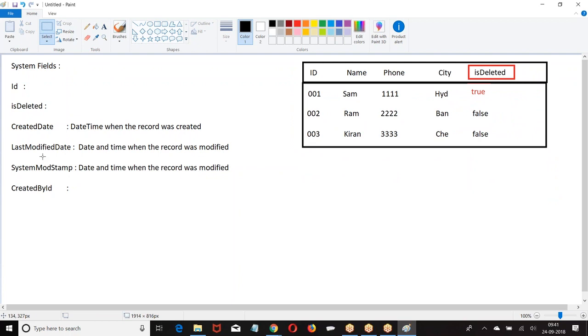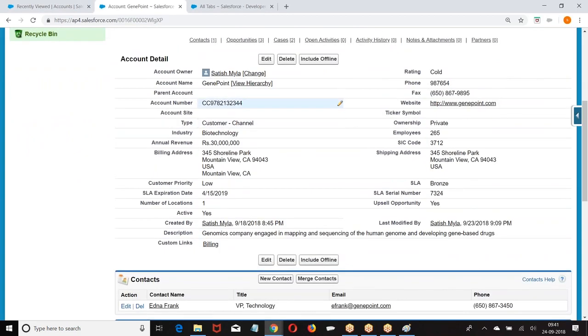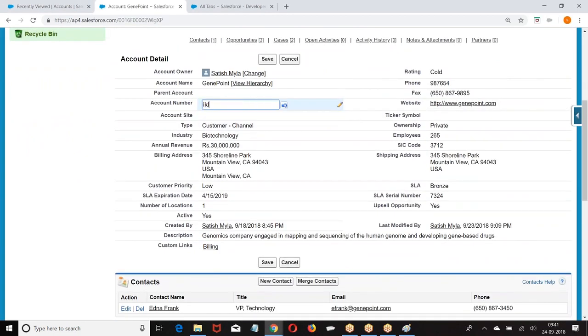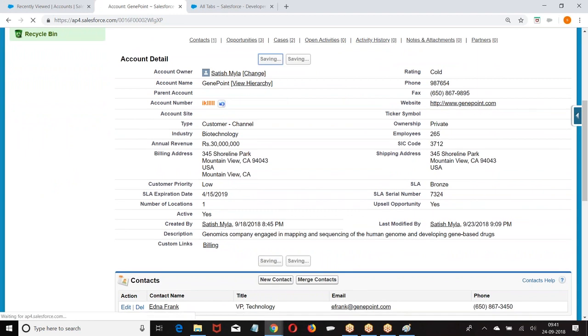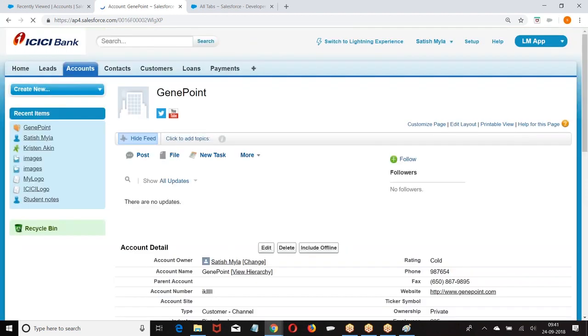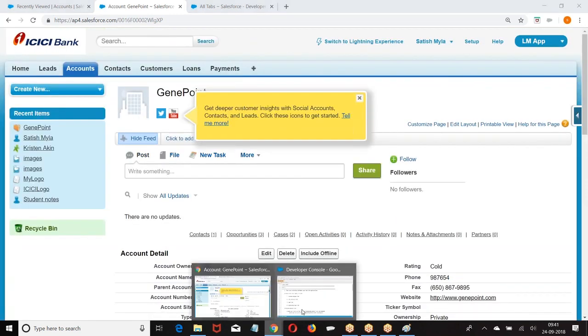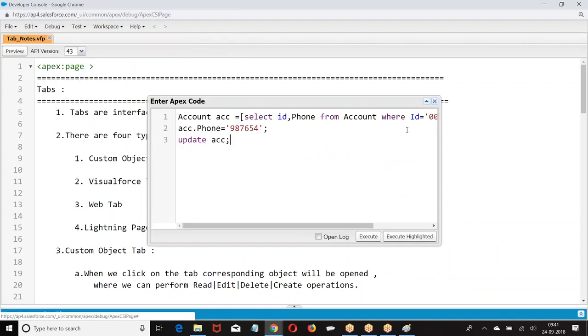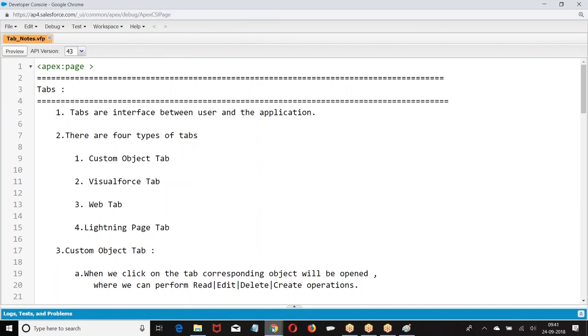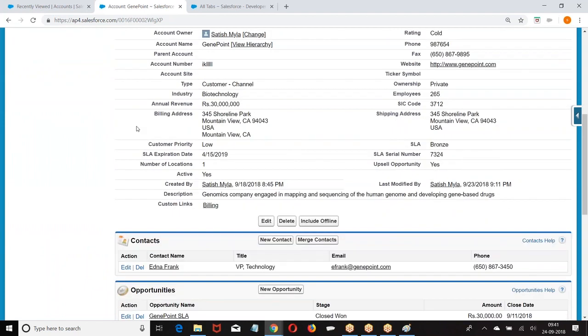See, a record can be modified in how many ways? One is manually: I open the record and I am modifying it. Same record can be modified programmatically also. Now, if you go to the record and modify, it will be saved in last modified date, the date and time when the record was manually modified.